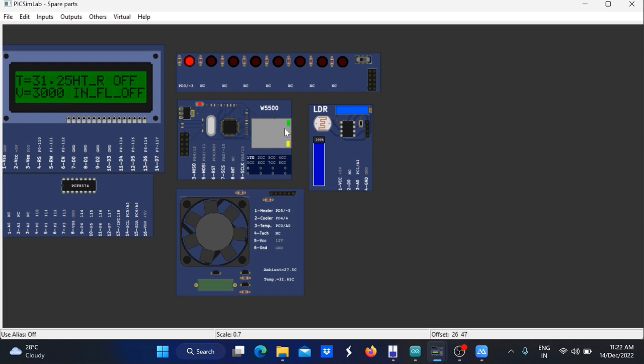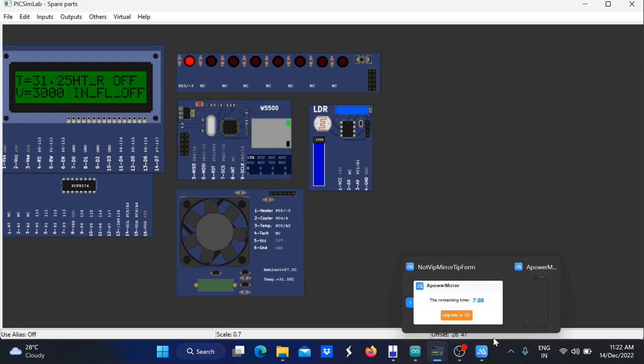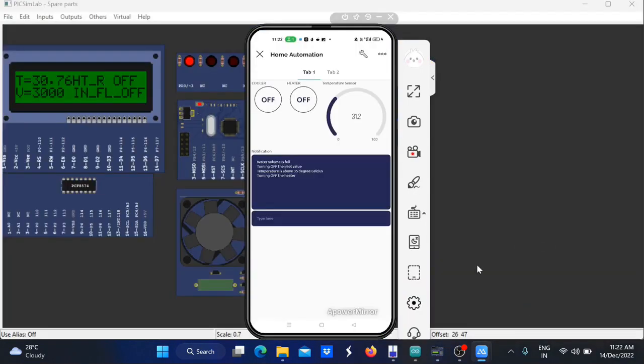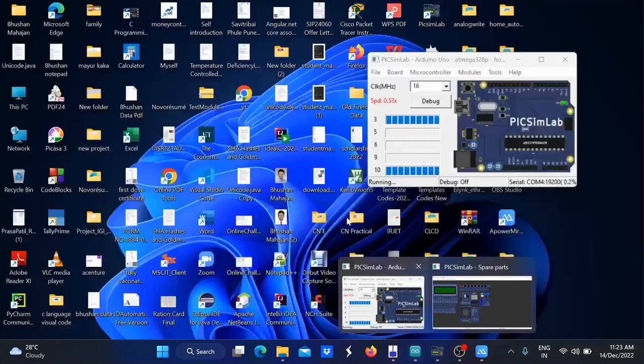Okay, it shows the power mirror also. It is also showing the water volume is full. The first demonstration project is the water volume, and the second is the temperature, about 35 degrees Celsius, turning off the heater. So that's two parts, and we also include now